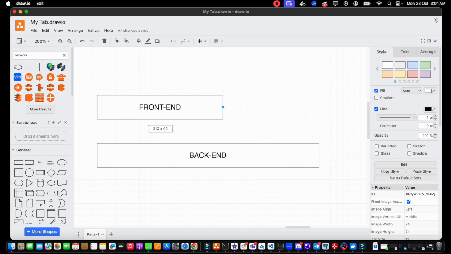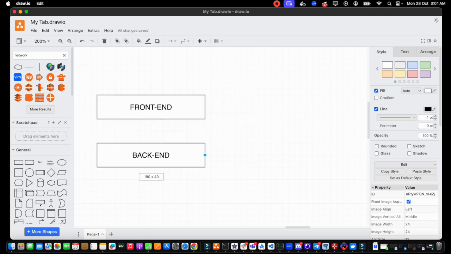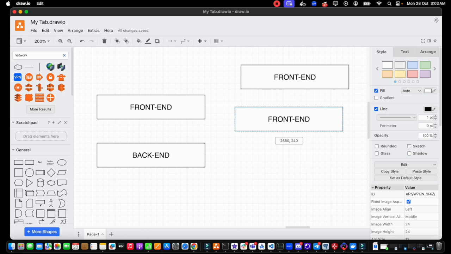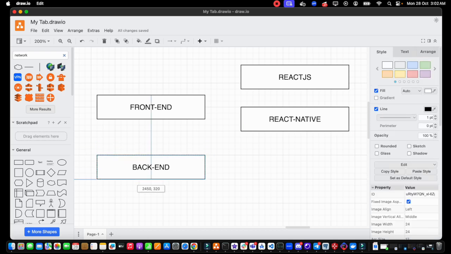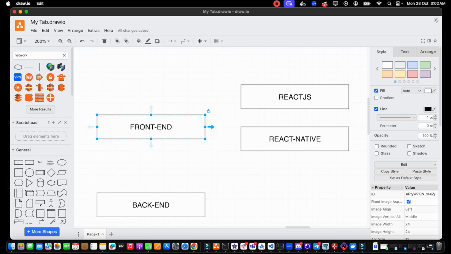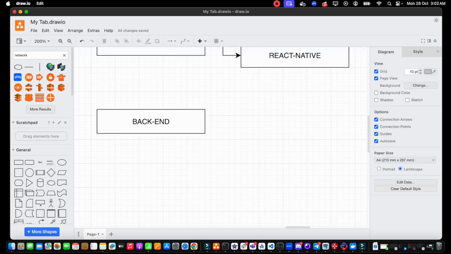Now for the front end, I am suggesting we use React Native for mobile and maybe React JS for web application. We would focus more on React. Anything React is fine. So we are going to just keep it simple. React JS or React Native, so that is for the front end. We are not going to focus on the front end for today. We would focus more on the back end side of things, and I think that would give us a good head start. So for the back end,